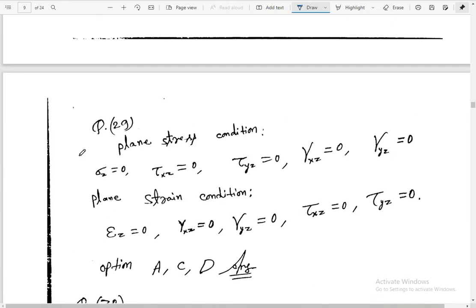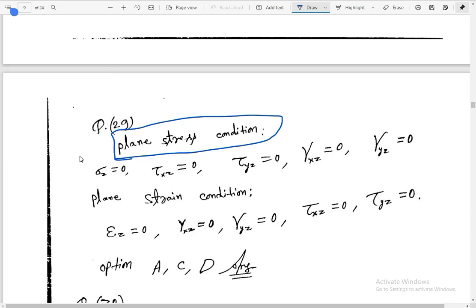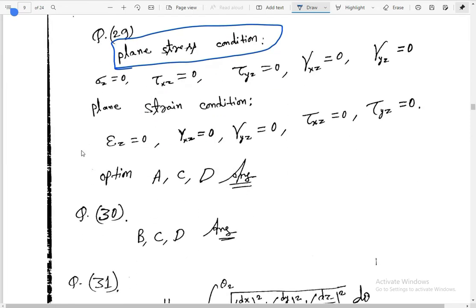So these are some conditions for plane stress. For the plane stress condition we have sigma z equal to 0, tau xz equal to 0, tau yz equal to 0, gamma xz and gamma yz equal to 0. These are the conditions. Okay, for the plane strain condition we have